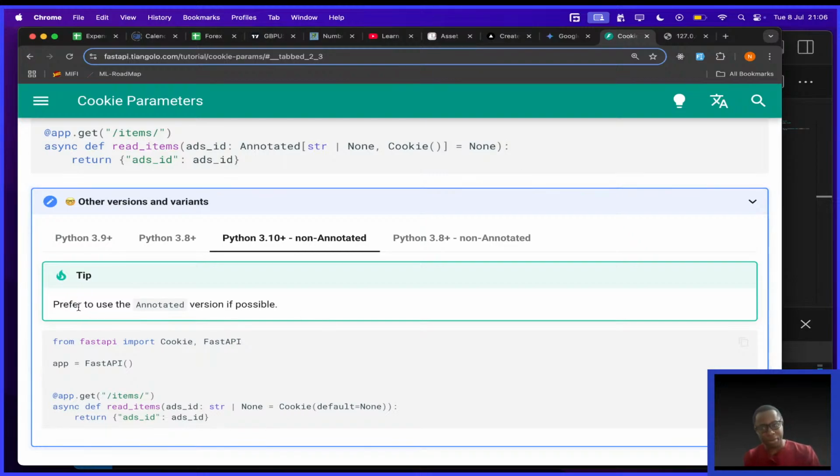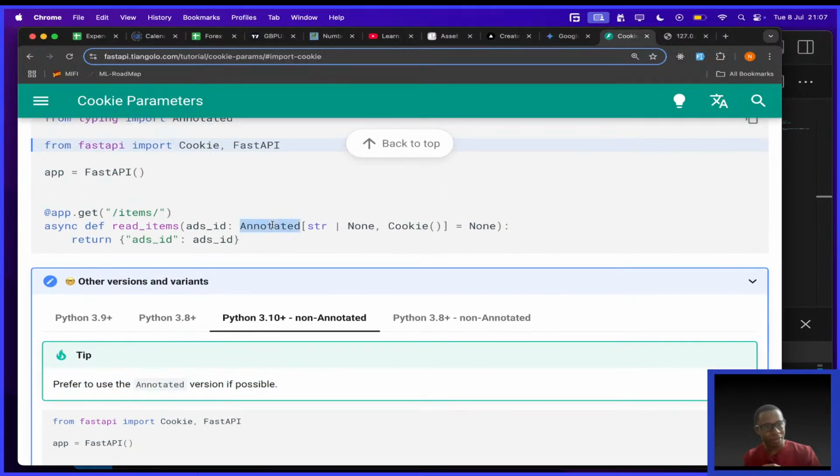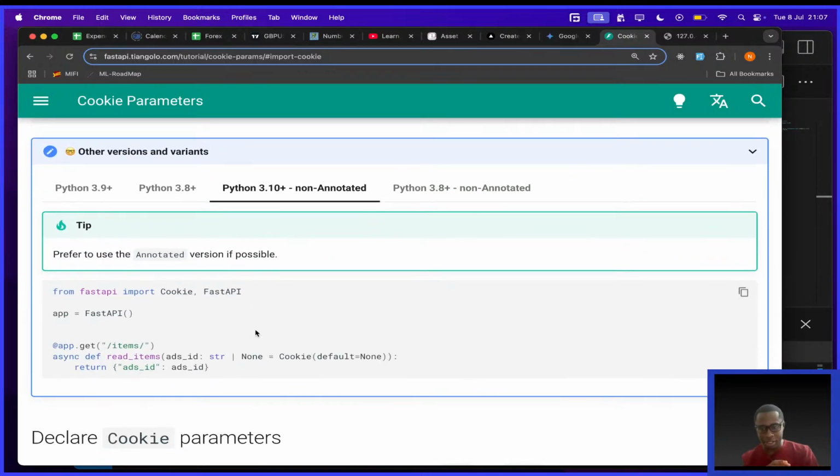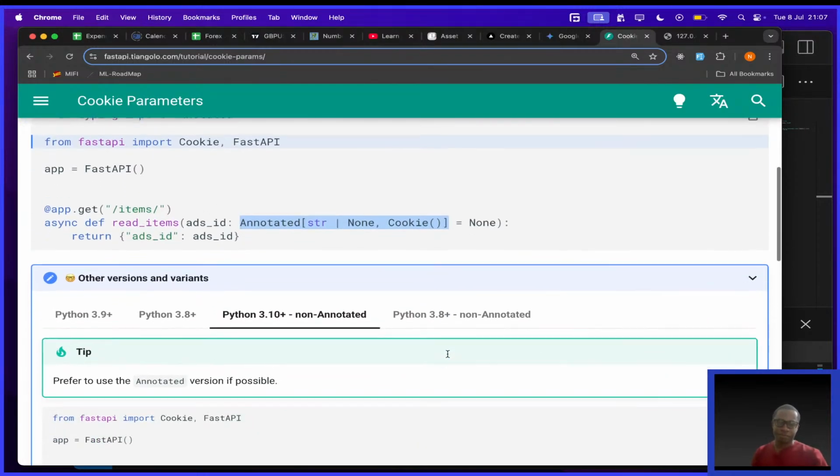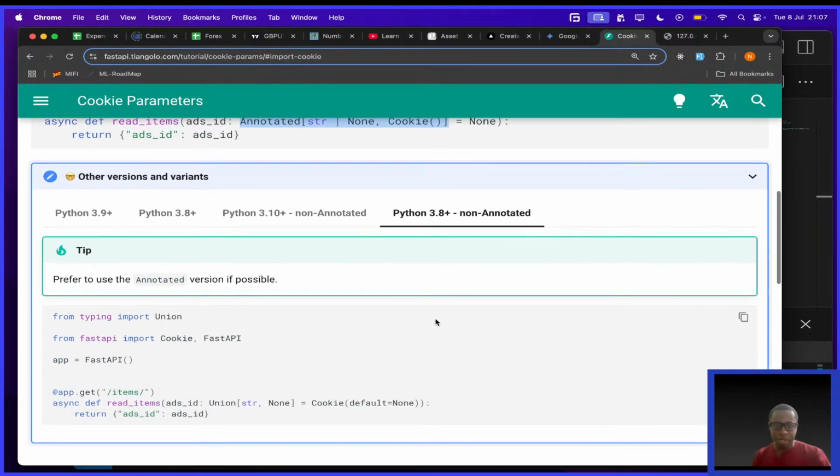Okay. So they're saying prefer to use the annotated version if possible, meaning use this. And I think one or two streams ago, maybe three streams ago, they explained why annotated is very important. So you see here what they do. They simply say the ads ID is a string or none, and they're saying the default value is cookie. Okay, and they're putting default none. But they're saying the best way, the tip, is to use this because there are benefits that come along with this. And then 3.8 plus,